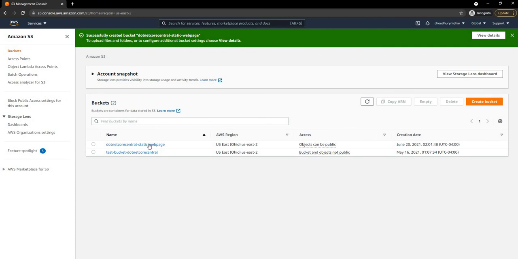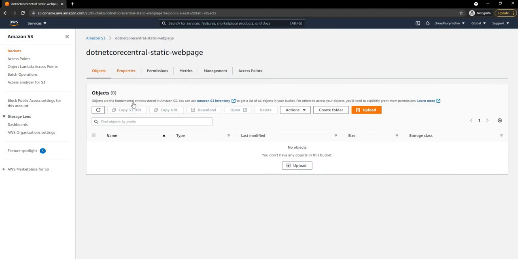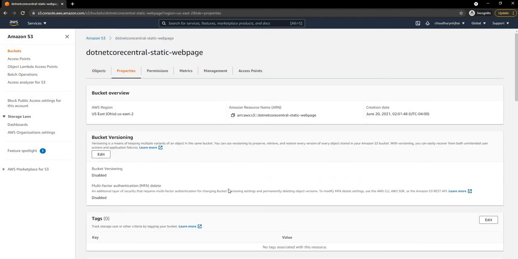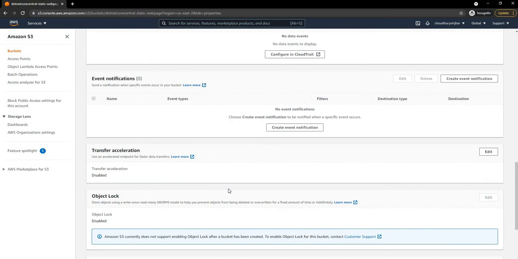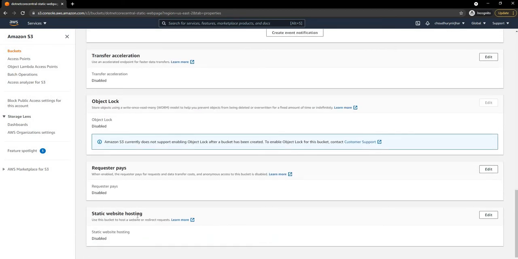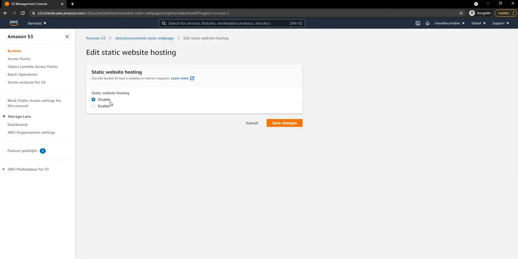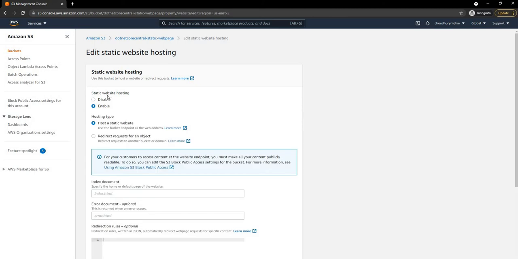Now once this bucket is created, you can see objects can be public. I'm going to go to this bucket and then go into properties, and in properties there is an option called static website hosting. I'm going to edit it and enable it.